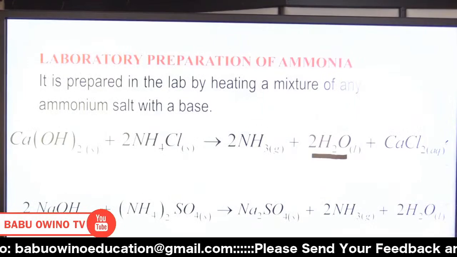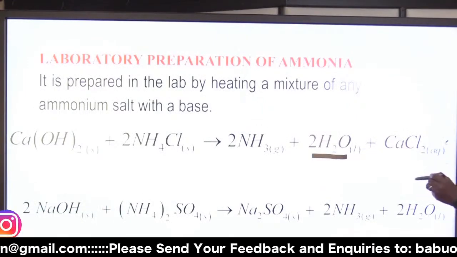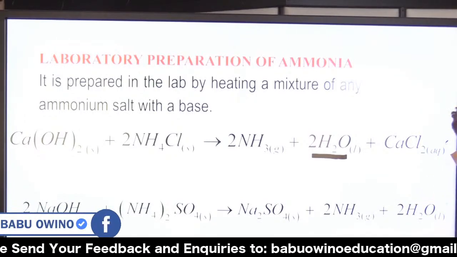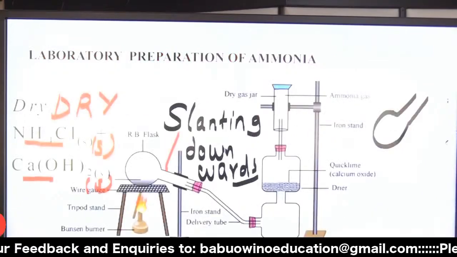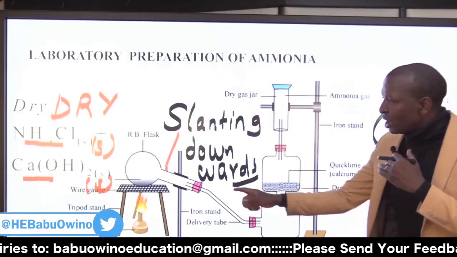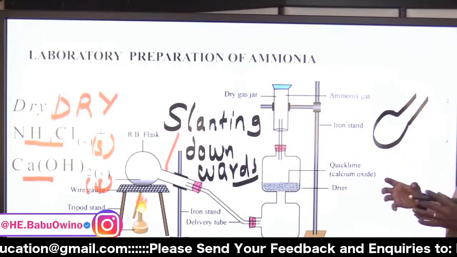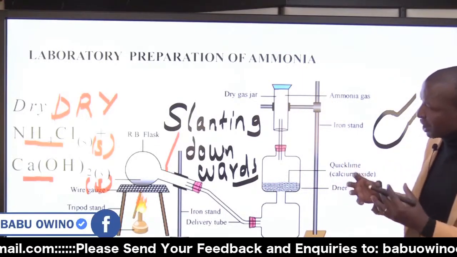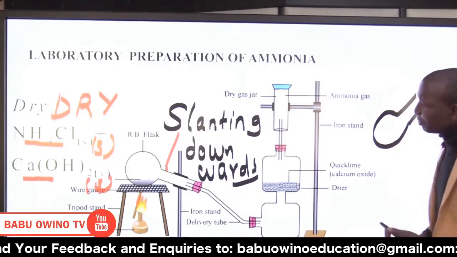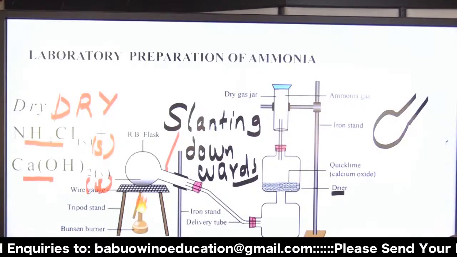water is one of the reagents. Therefore, when you are preparing this, water will be formed in form of water vapor because of the heat that is involved. Therefore, if the flask does not slant downwards, then the water will condense and flow back, causing the flask to break, or rather to crack. Then the gas, once it has been prepared, it is directed toward the drying tower, the dryer, whereby